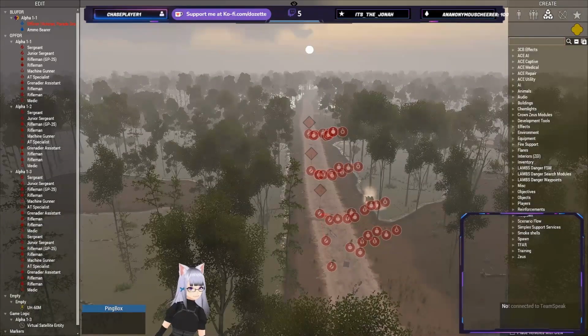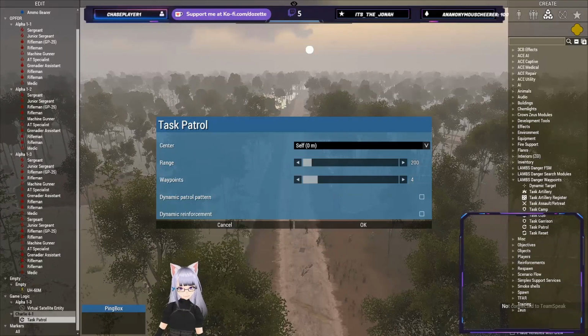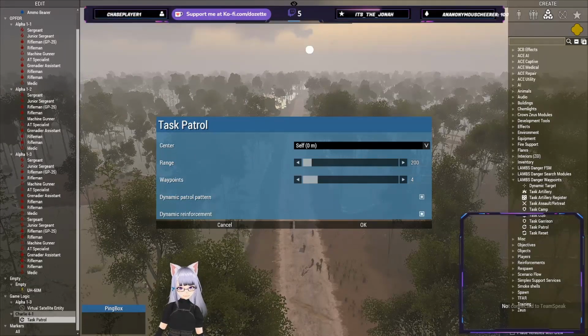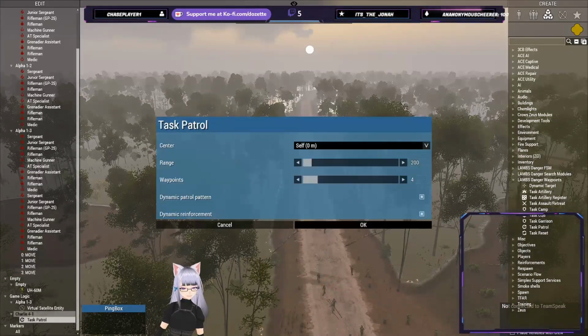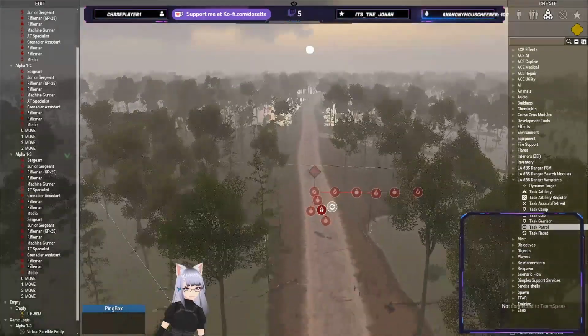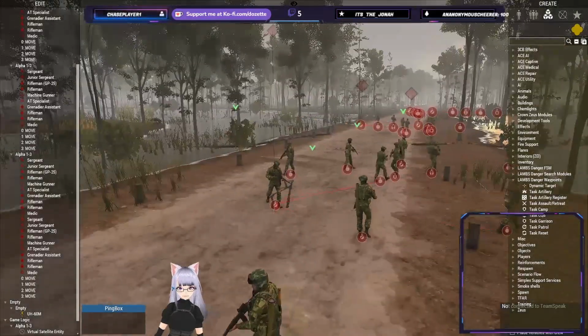I use Lambs, so you've got lots of extra benefits like patrols, which I quite like using. Make it dynamic patrol, it's like a tournament patrol. I'm not going over these in detail, this is more for you to experiment with, but Lambs has some really cool AI modules like this,